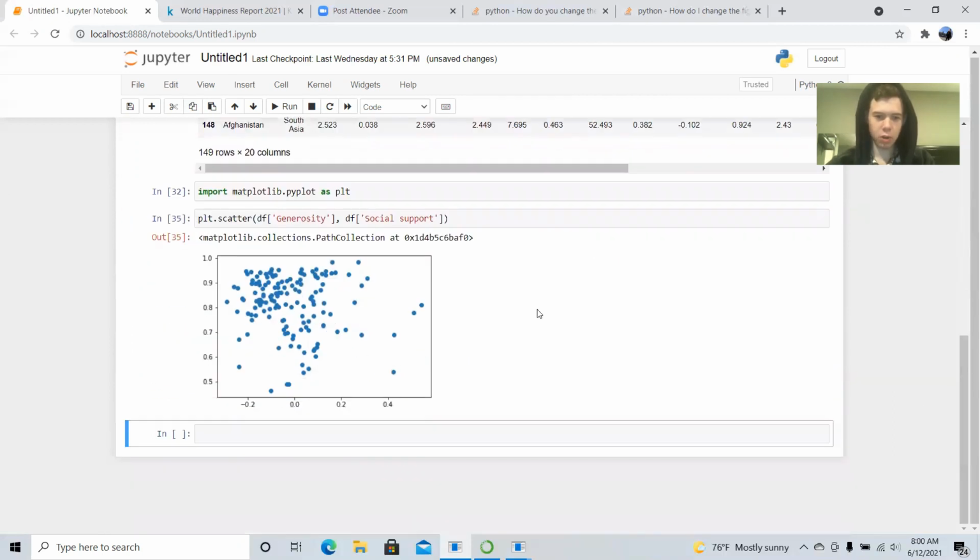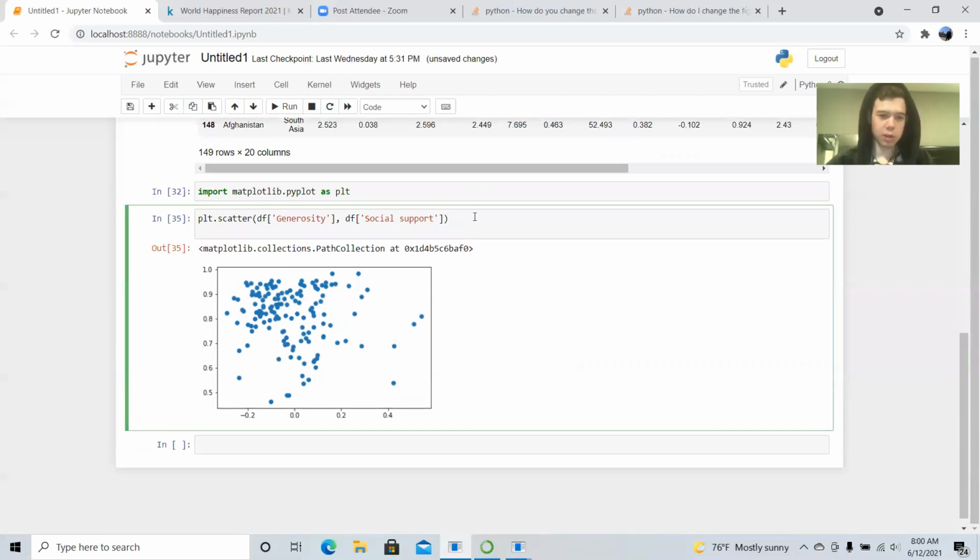There we go. So as you can see, there's not really tons of correlation here. It just seems to be that a lot of countries do pretty good at providing social services, but are not very good providers of financial aid, or not financial aid, but foreign aid, I guess, same kind of concept. And as you can see, it's kind of confusing with these numbers. So to make it a little more comprehensive, or easy to understand,